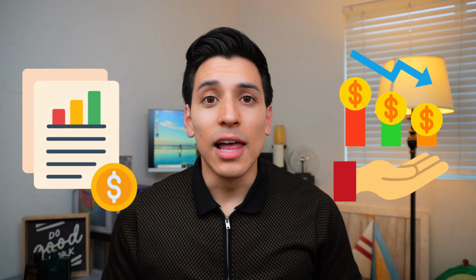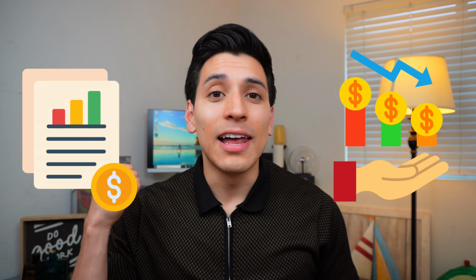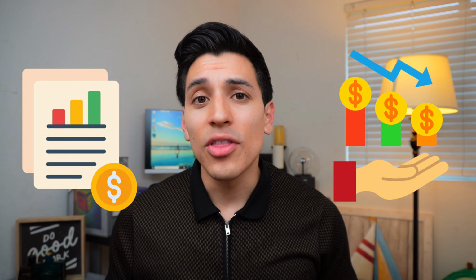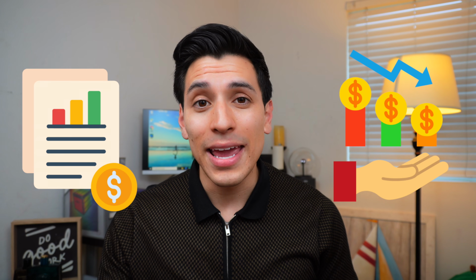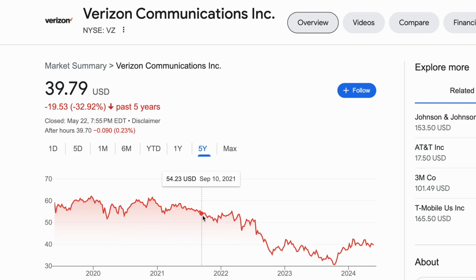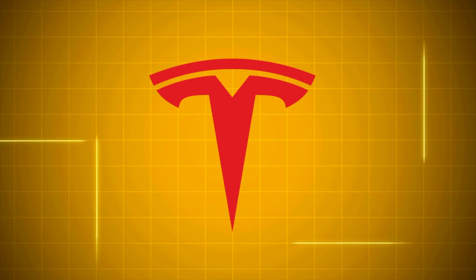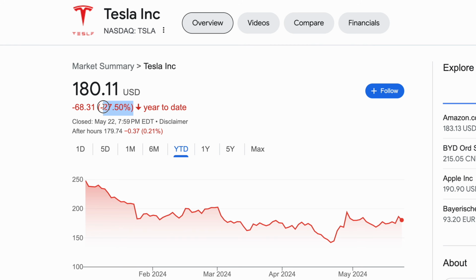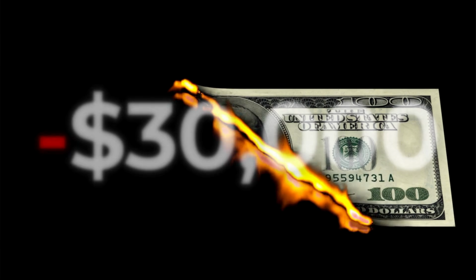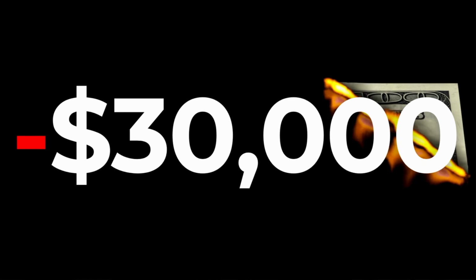But if something happens with the company's stock you're buying, like a bad earnings report, declining sales or revenues, or maybe even the company is cutting a dividend that it pays to the shareholders, then this could lead to the company's stock falling as a result. Like Tesla this year, with the economy not going in their favor, leading to a significant decline in their share price. Where if you had $100,000 invested in Tesla this year, you could kiss nearly $30,000 goodbye if you had invested in Tesla or just sold out of it.